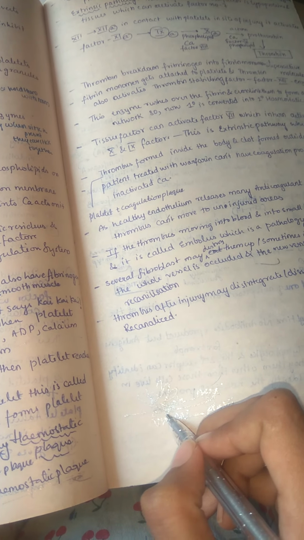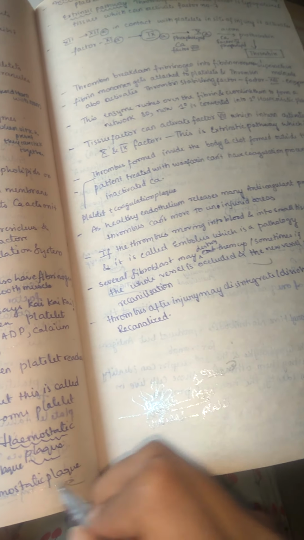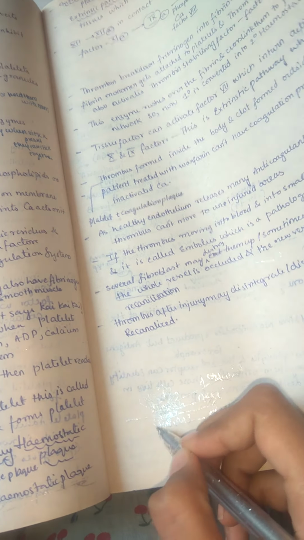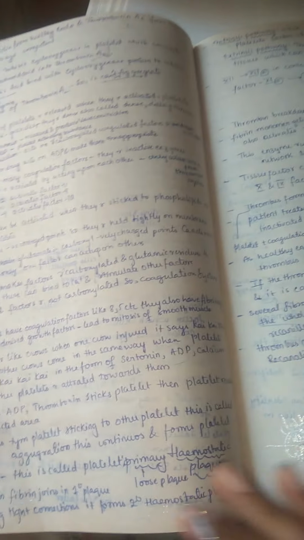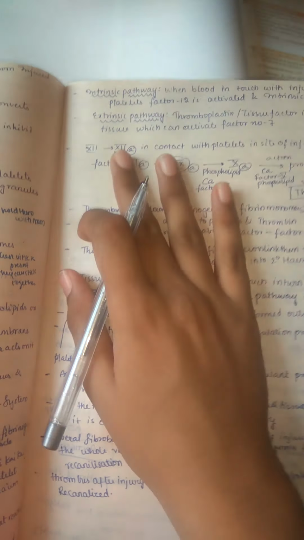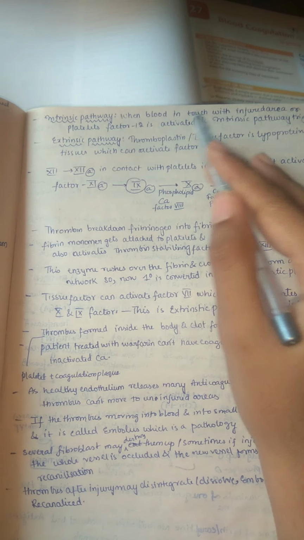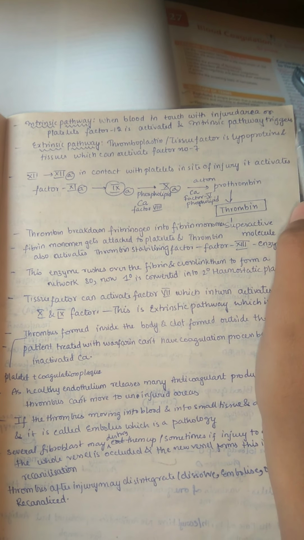After aggregation takes place, all these aggregates together form the primary hemostatic plug. After the primary hemostatic plug, the fibrin comes and, like a thread, sews all this together and forms a network. This is called the secondary hemostatic plug. So whenever the fibrin comes, only then the hemostatic plug forms. This is how platelets form a plug in a healthy individual. Vitamin K also plays a very important role, and calcium also plays a very important role in the formation of platelet plugs. We have mainly intrinsic and extrinsic pathways. The intrinsic pathway is when blood comes in touch with the injured area or platelets, factor 12 is activated, and the intrinsic pathway gets triggered.